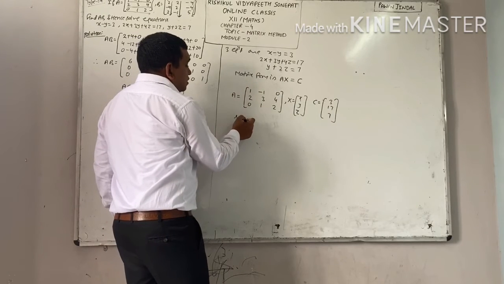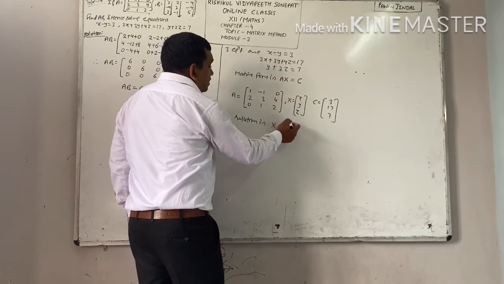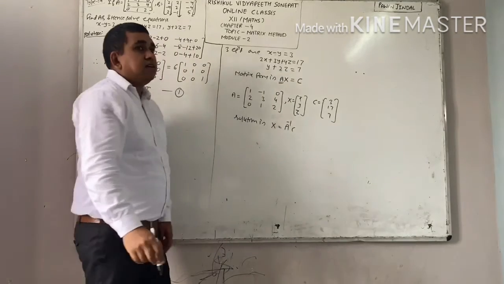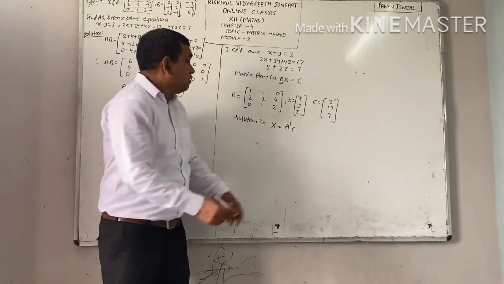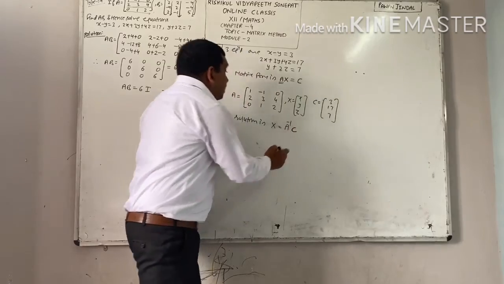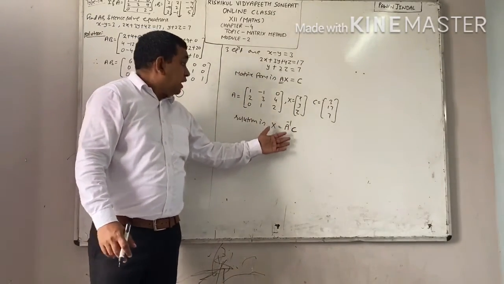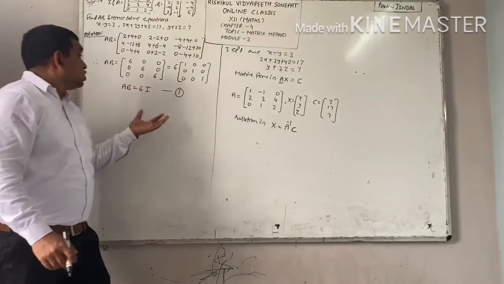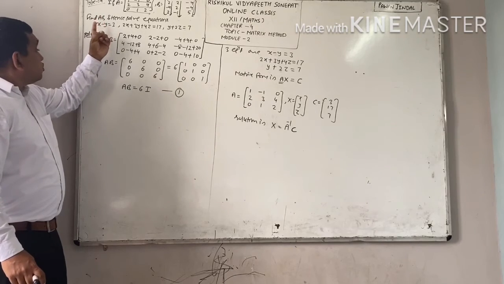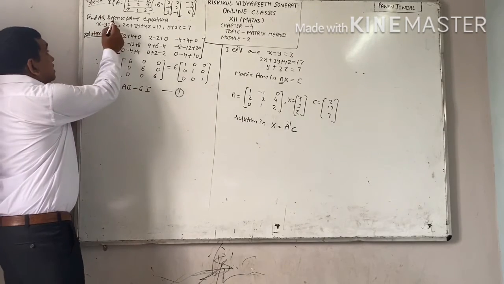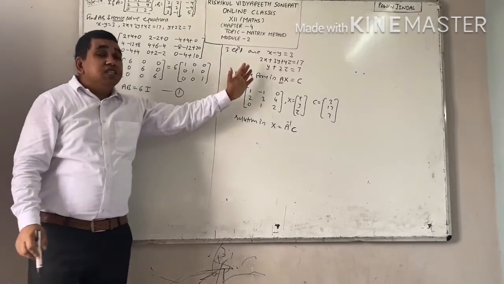Solution is x equal to A inverse C. Right? Ax equal to C. From here, when you will find out the solution, it will be x equal to A inverse C. Now I require A inverse. A inverse you will not find by the method of cofactors. You will use this product because it is mentioned in the question. Use product, or you can see this word hence. Hence means we will use this product to solve these three equations.